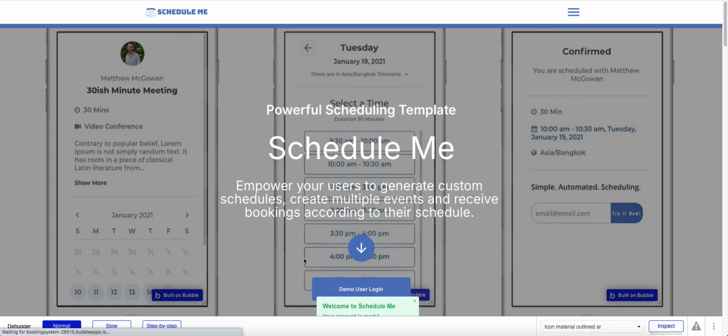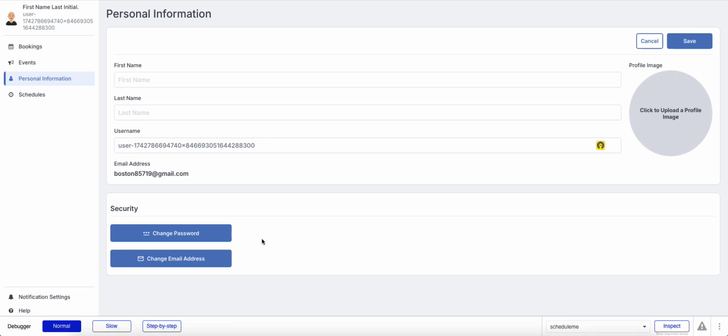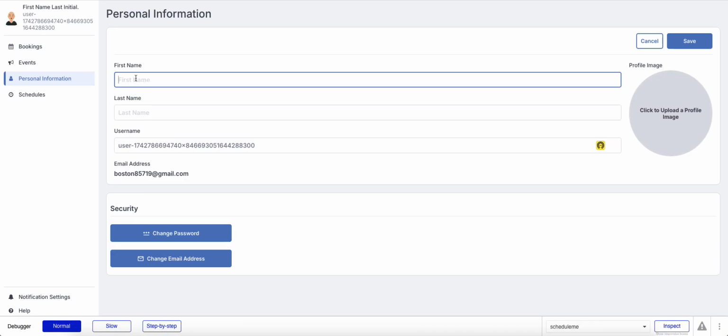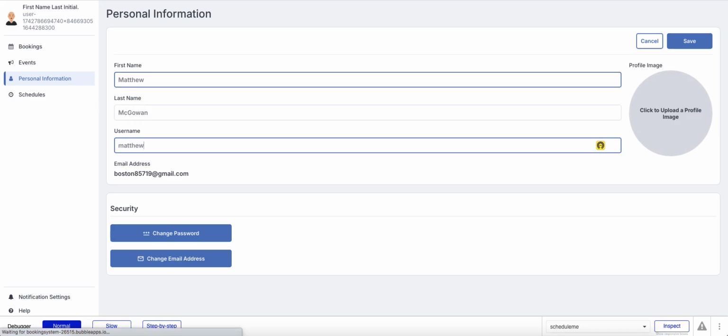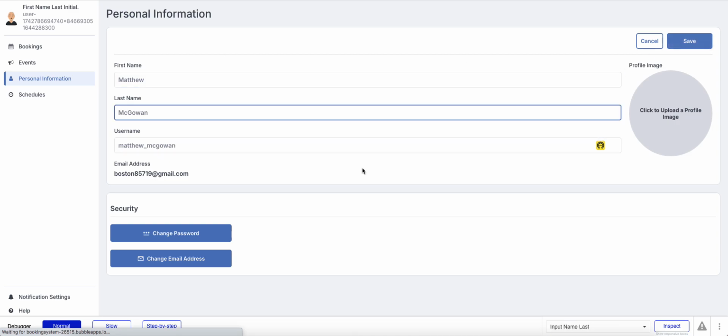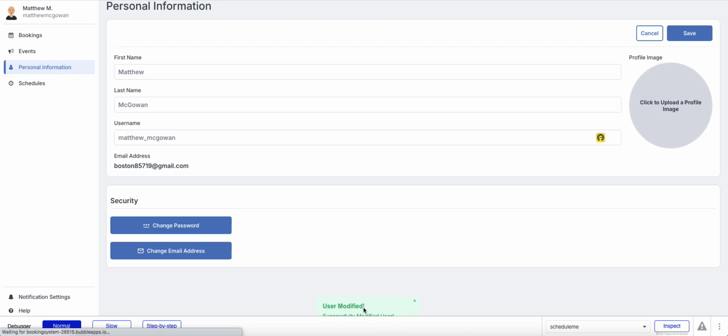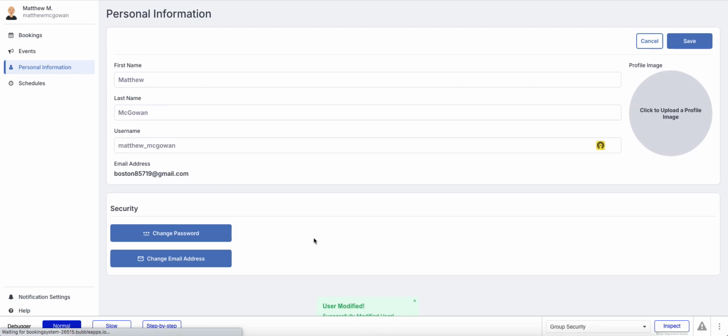You'll see that you are then being welcomed into the space, and then you can go ahead and fill out some of these personal details that are not available at the start. Once you click on save, you should get a notification that it has been modified, and then you know that